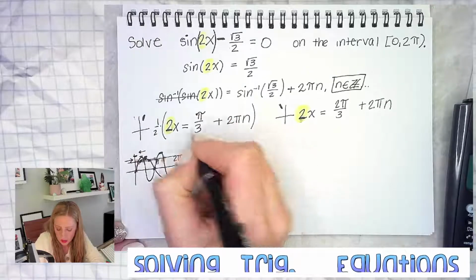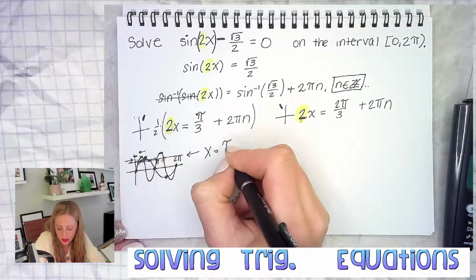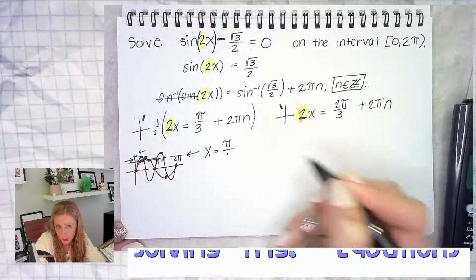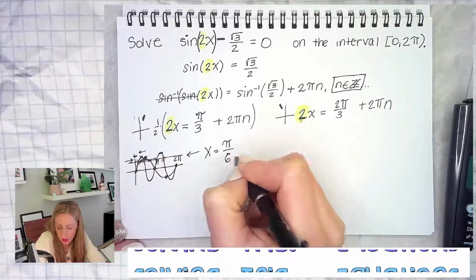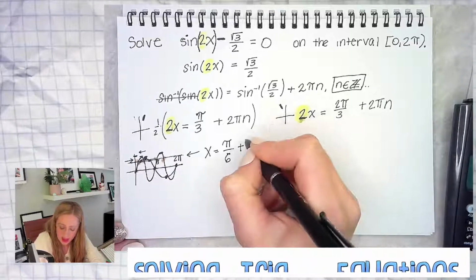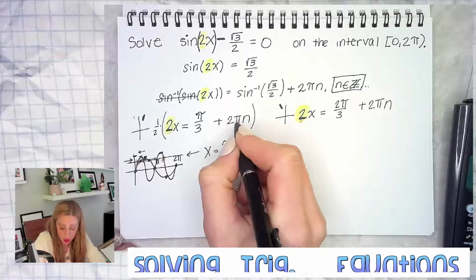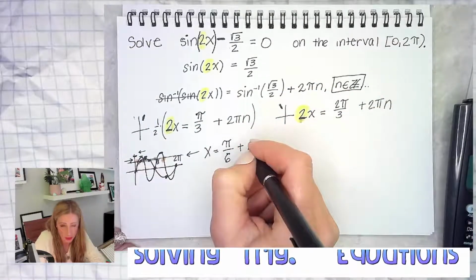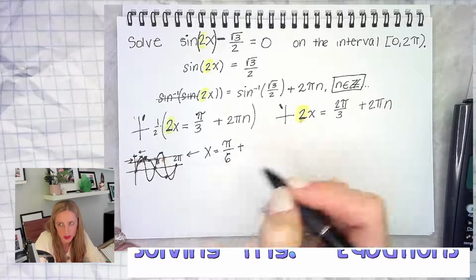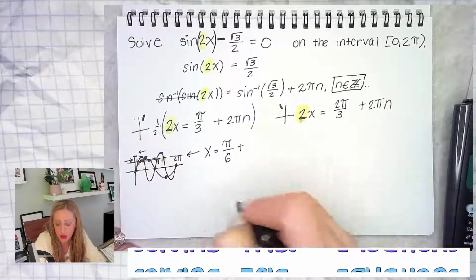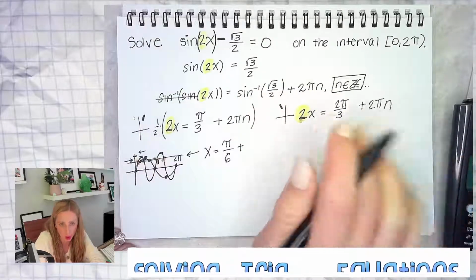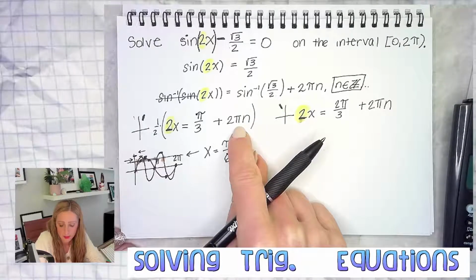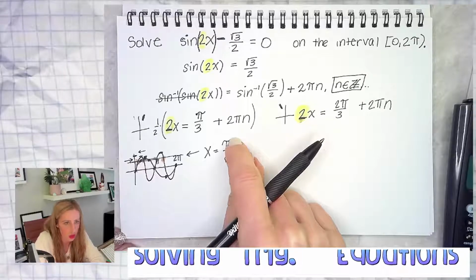So x equals pi over what will it be? Pi over 6. Thank you. Pi over 6 plus. Now, even though this is 2 pi n over 2, or pi n, I always like to write it with a common denominator, because sometimes you have to add it many times. So let's just get the common denominator over with. So half of 2 pi n is pi n, but with a common denominator, we can just call it,